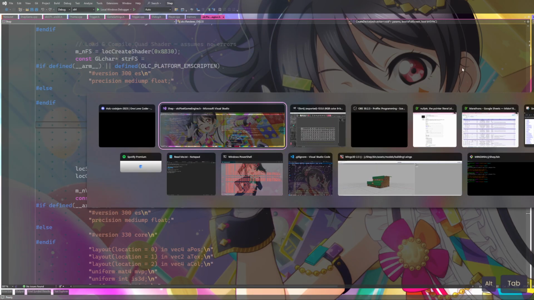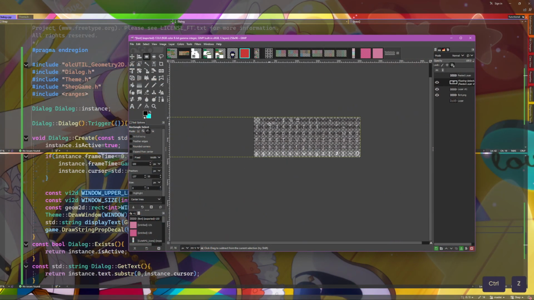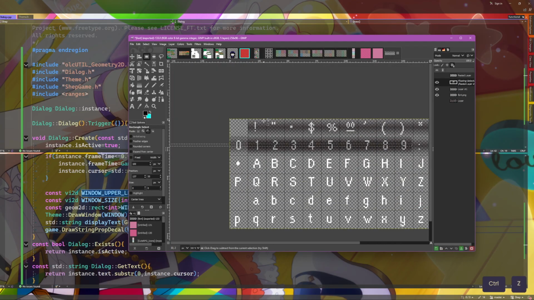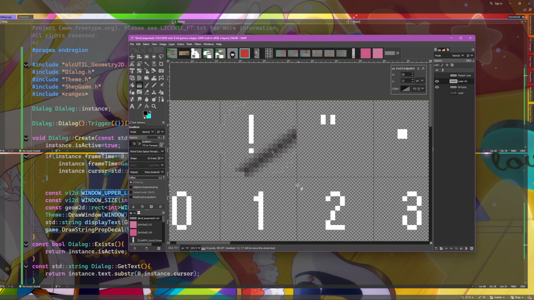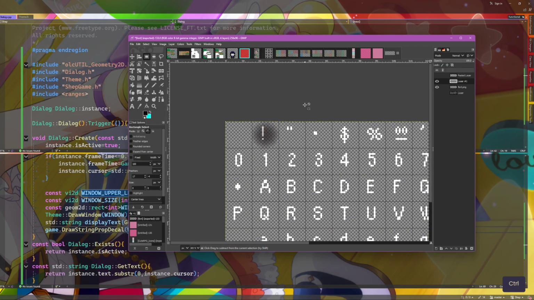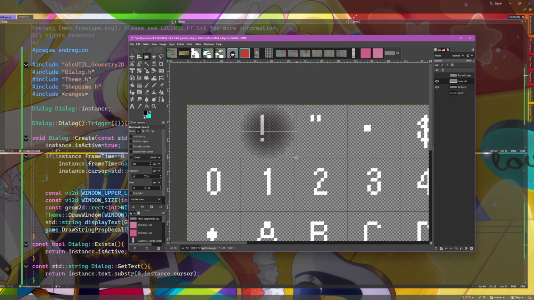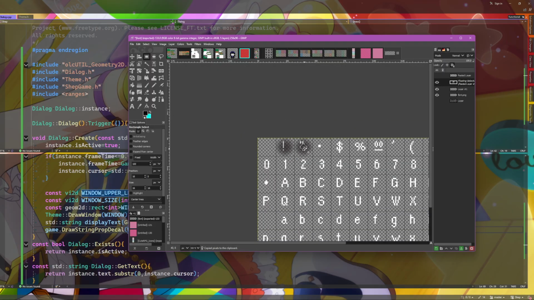It would have to be like circular along each character, which I can do. Again, I don't know how this is gonna look on every single one, but I would like to at least try.